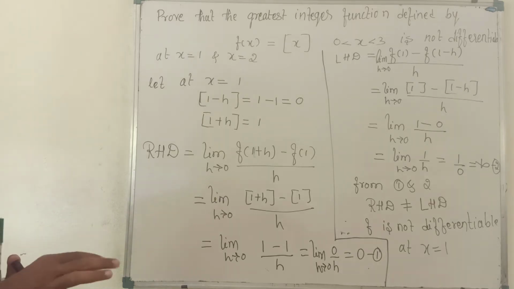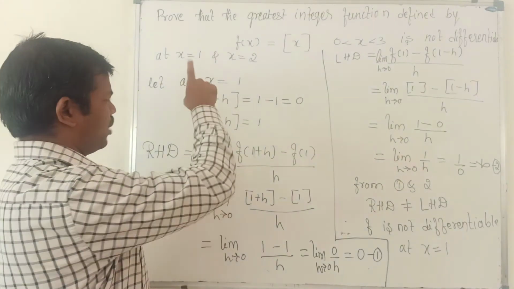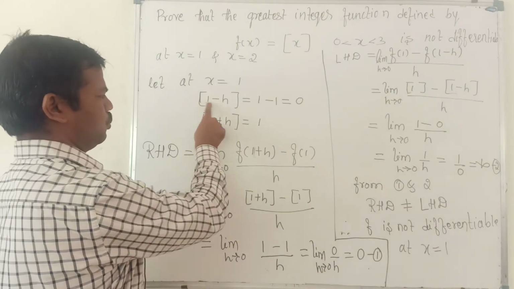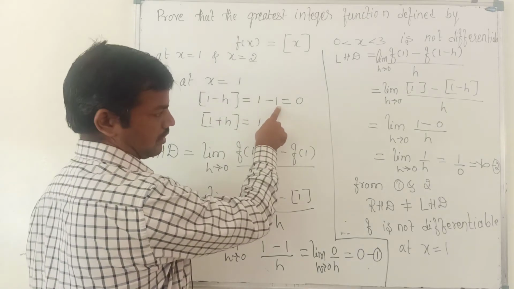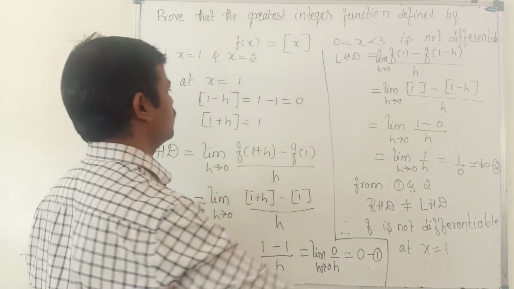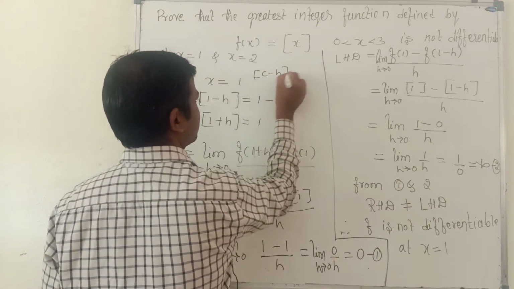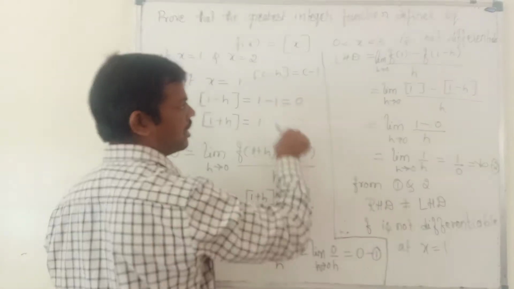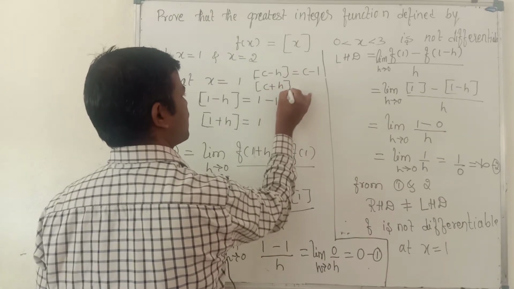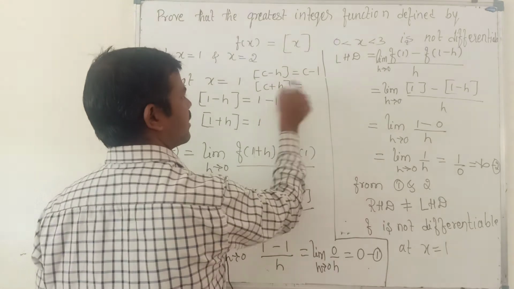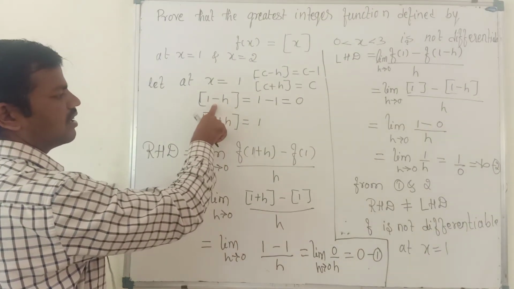And solve it. There is one more thing, look: solve for the point x equal to 2 yourself. How did we solve x equal to 1? For 2 minus h, what happens? It becomes 2 minus 1. So we write c minus 1. The left side, c minus h, is nothing but c minus 1, as I have already shown you. Then the right side, c plus h, becomes c. So that is about the right side and this is about the left side.